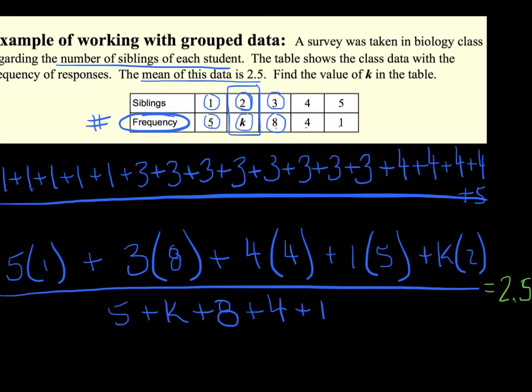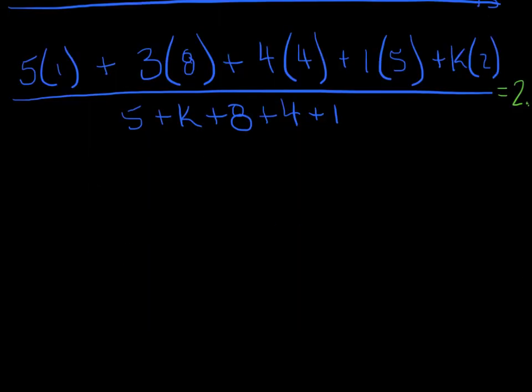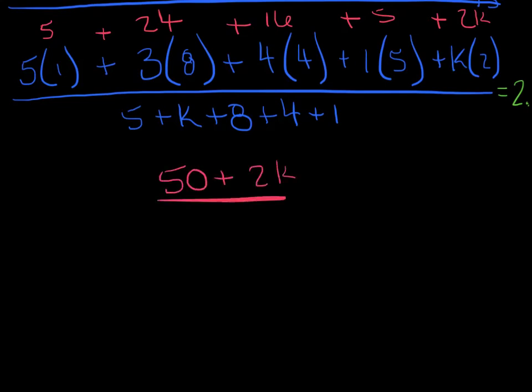We're going to clean up the numerator and the denominator a little bit. From this point forward, we just have a lot of algebra here. So it's like 5 plus 24 plus 16 plus 5 plus 2K. If I combine like terms in the numerator, I end up with 50 plus 2K. On the bottom, I combined like terms and ended up with 18 plus K, and of course that's equal to the mean that they said I had to have of